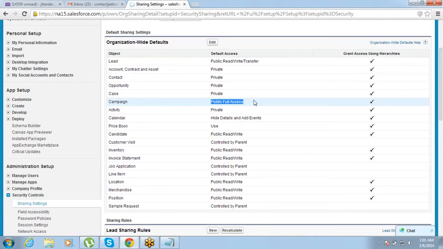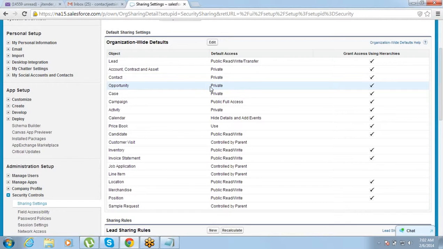I also have 50 opportunities that I own, and AJ also has 50 opportunities. If opportunity access here is private, then you can see only the 50 opportunities that you own. I can see only 50, and AJ can see only 50. We will not be able to see the others' opportunities.